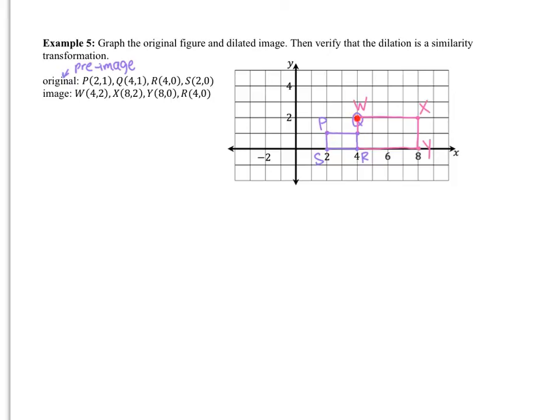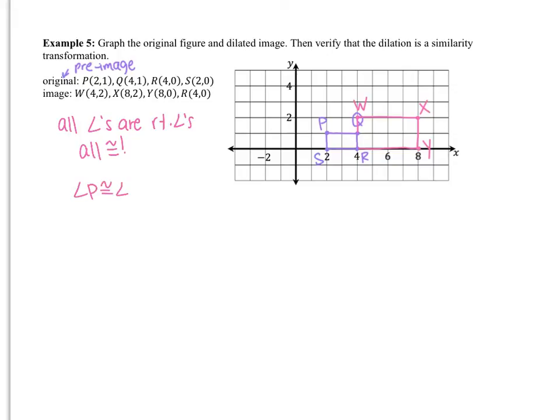So we can see here's pre-image, image, so this is an enlargement. So our scale factor should be greater than 1. And we're actually just trying to verify its dilation. So we have to show, since it's two quadrilaterals, that every pair of corresponding angles is congruent, and that corresponding side lengths form a proportion. We can obviously see they're both rectangles, so all we need to state is all angles are right angles. So all congruent. So we can say that angle P, we do need to list them out,